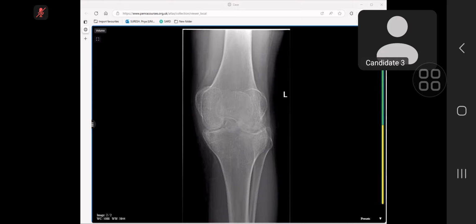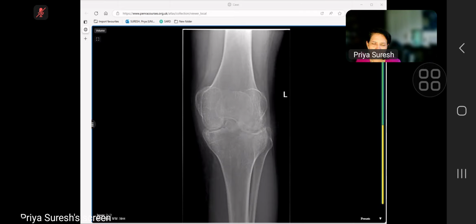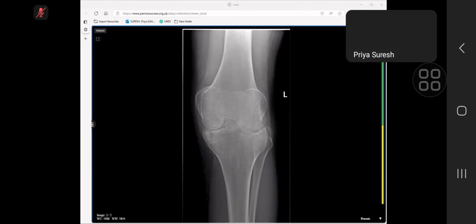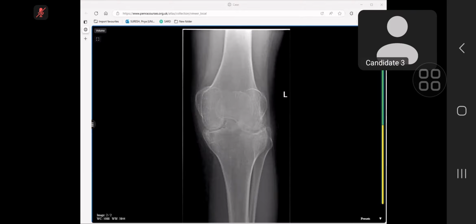There are erosive changes noted in the joint with mild subarticular sclerosis, and I would like to ask if there is history of any chronic illness. So I'm thinking of a disease which is involving both the bones and the joint as well. So this can be a case of rheumatoid arthritis, but as I cannot appreciate any reduction in the bone density,